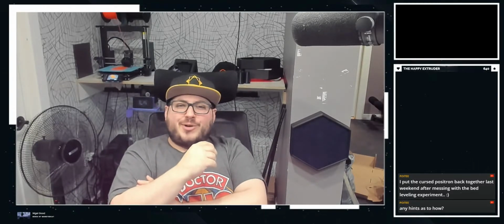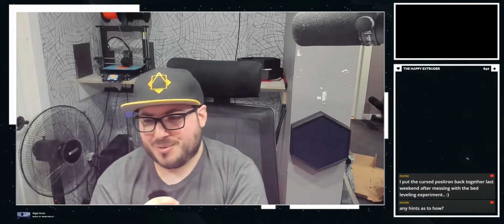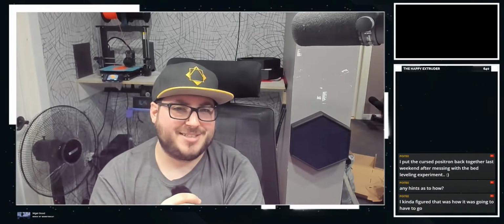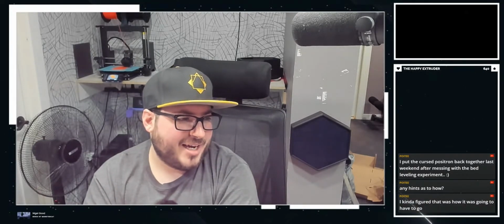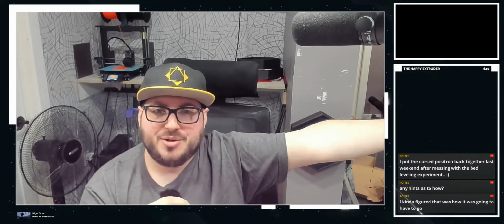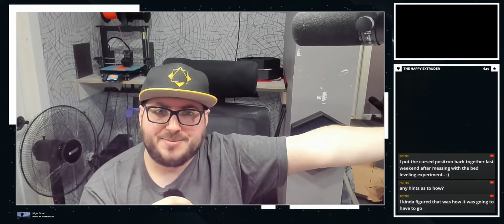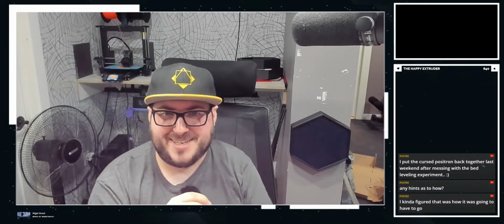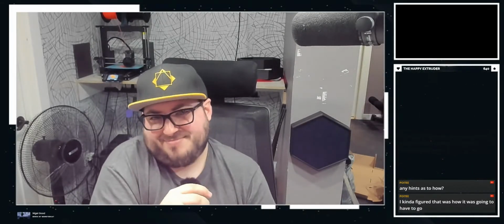I also have confirmed that the Positron can hold 1.5 kilograms while powered off if everything is tensioned right. The other day while I was at the Maker Fair, I just put my water bottle on top of it, and my water bottle was a 1.5 liter water bottle. It was full. I hadn't opened it yet, and it just was chilling. Like, what's up? Yeah, I'm gonna print with this on top of me. It's fine.